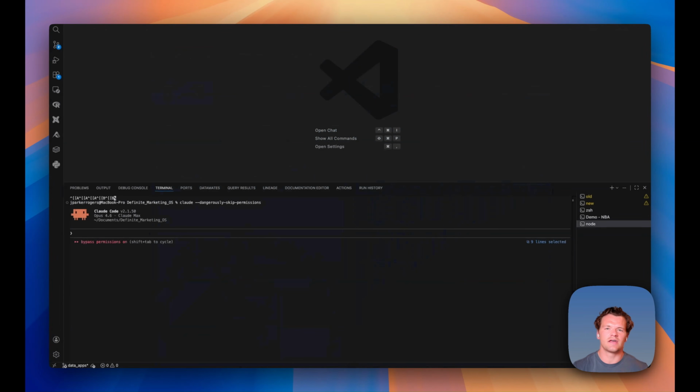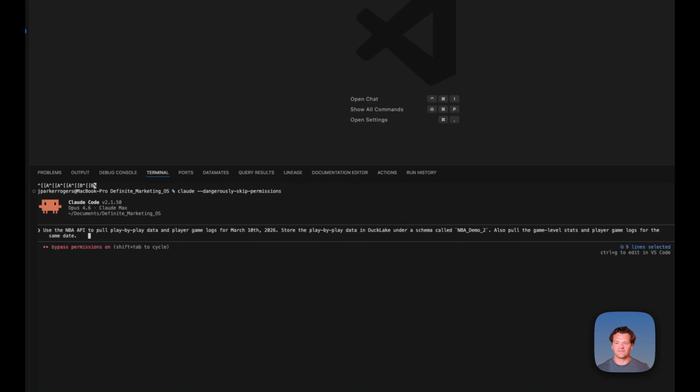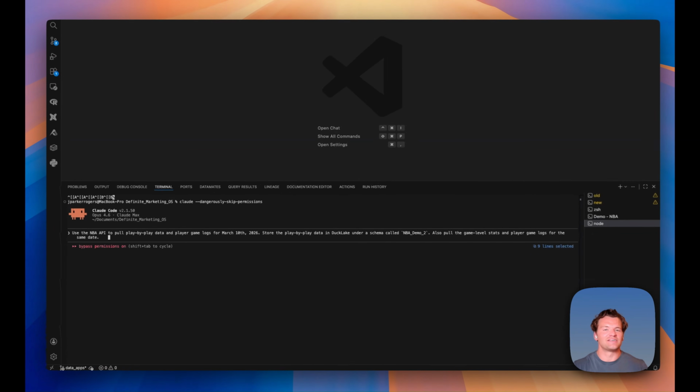So right now I'm in VS Code, and I already have the Definite MCP installed. I'm going to ask Definite to pull data from the NBA API. And more specifically, I'm going to ask it to pull play-by-play data from March 10th, 2026. This is a game that Bam Adebayo scored 83 points, which is just insane and makes for a really cool